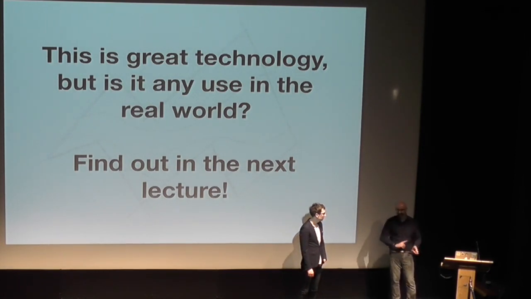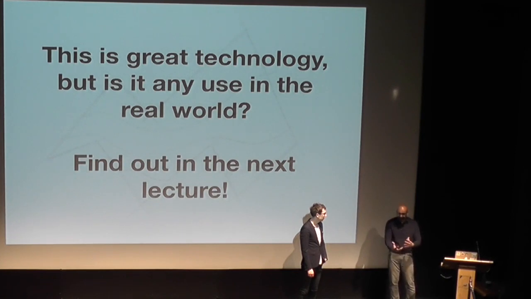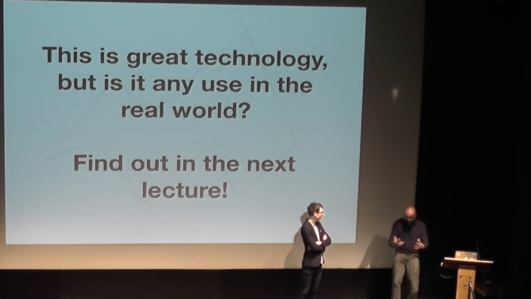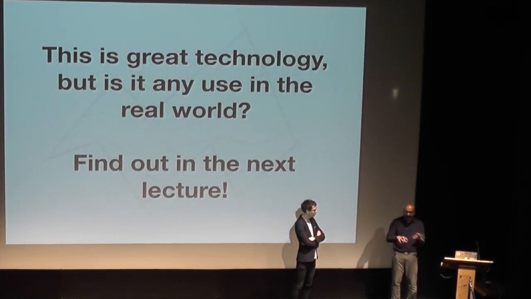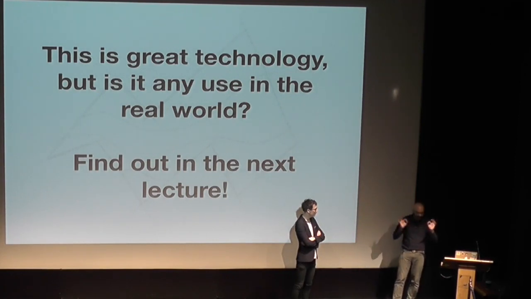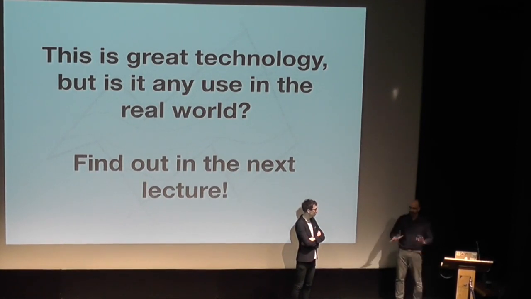OCaml goes one step further, which I'll explain in lecture 3, which is that building C interfaces is very, very complicated. So you can use a mechanism called staged programming to describe the interface and then to auto-generate all the code in order to interface with the gory details behind it. So you can build manual interfaces, and using a library called ctypes, which Jeremy Yallop, one of my collaborators, built, you can actually bind to C libraries without ever writing a line of C code, which is almost magical. And it's generally my goal in life to avoid writing C code ever again. I don't want to do that.